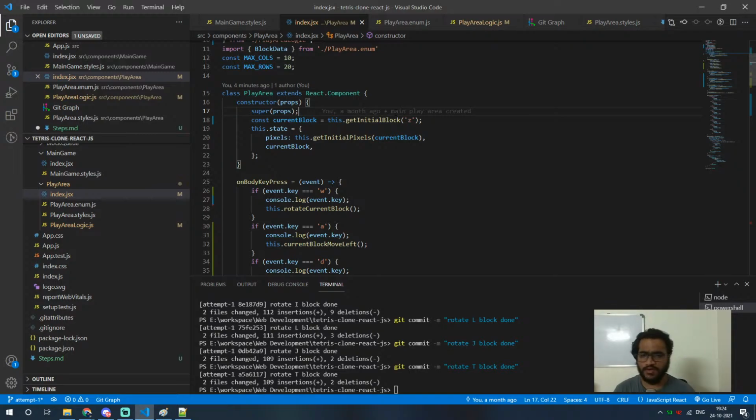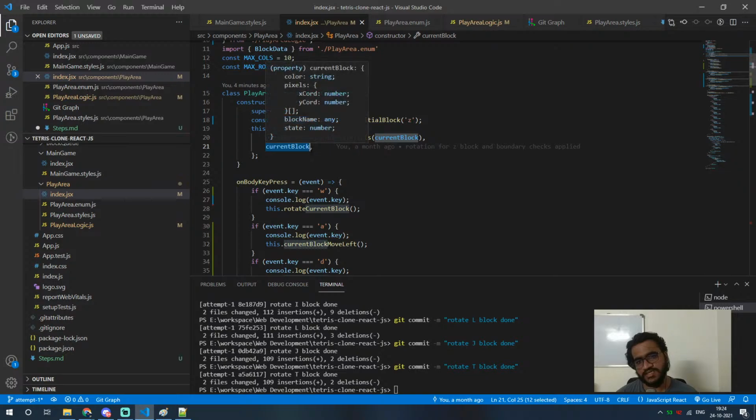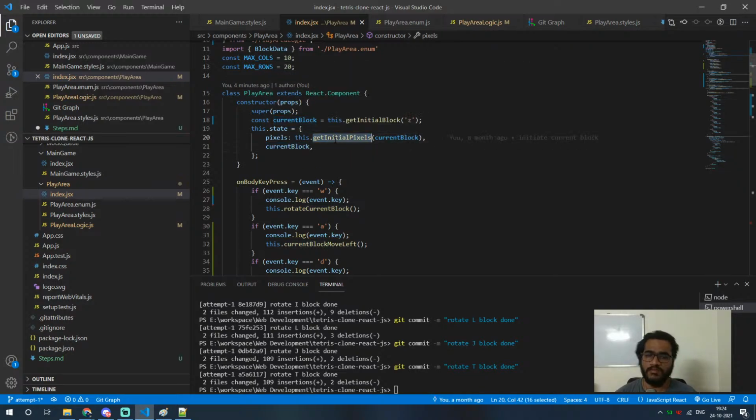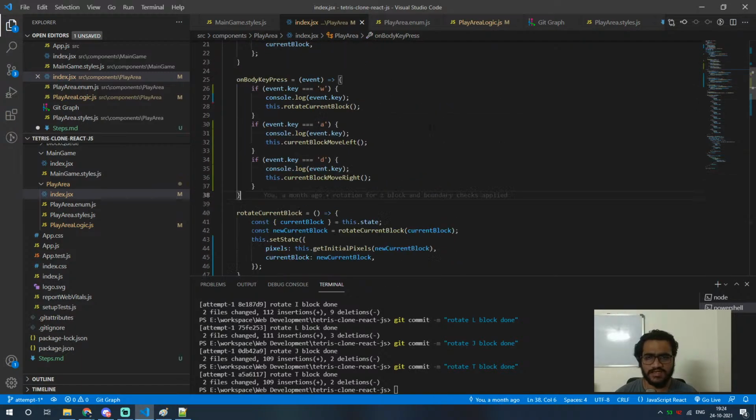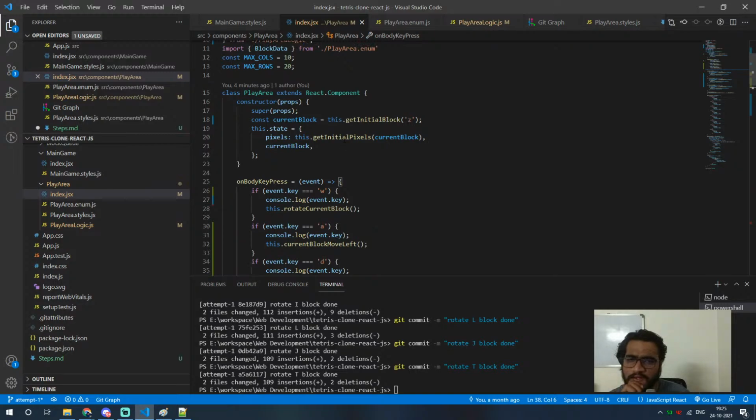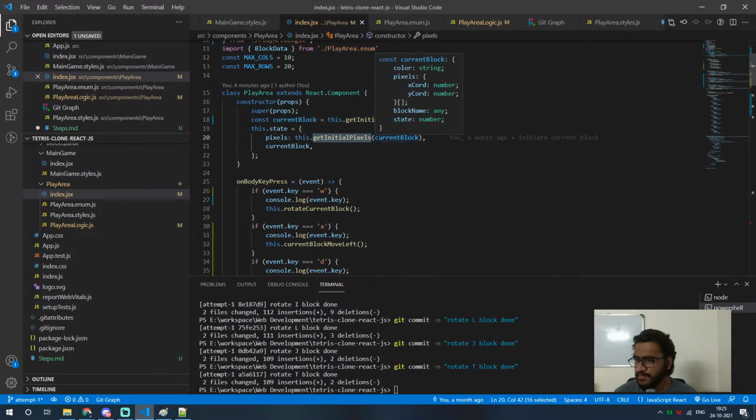Okay, one more thing I wanted to do was keep the state of pixels and current block separate, because current block would change. I think that would just be useless, but still, should I keep it separate? What I mean by that is that